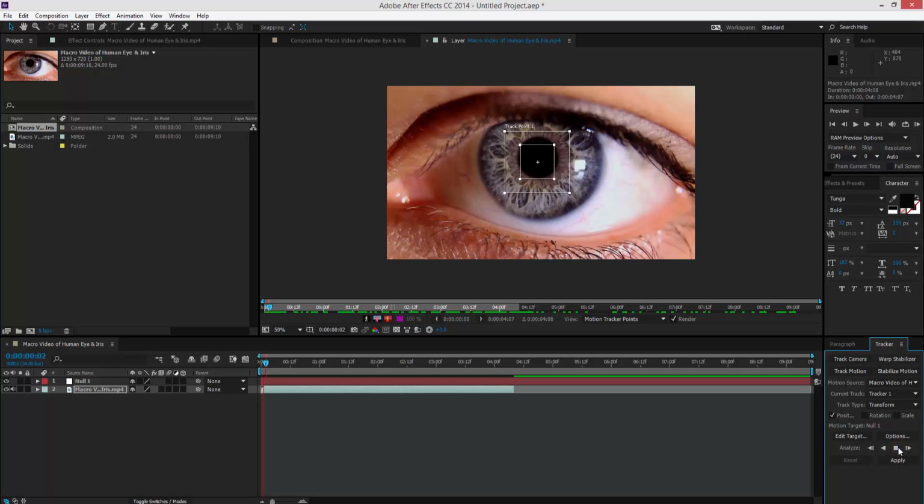Now if it doesn't analyze forward, it's because this is too close, but obviously as you can see it's analyzing now, so it should be good. So basically we just do it in real time and wait for that to track the entire eye, and then we'll go to the next stage of the tutorial. When you're actually tracking, make sure you don't take this too high, otherwise it won't track, because there'll be no motion to track. So if you go to the edge of the screen,